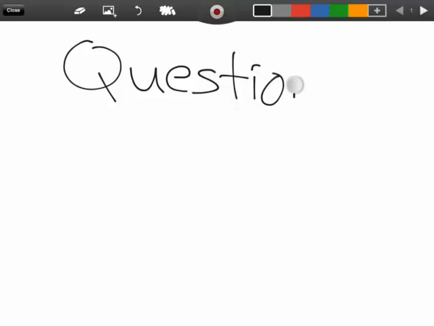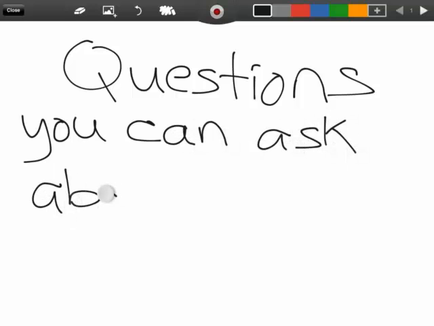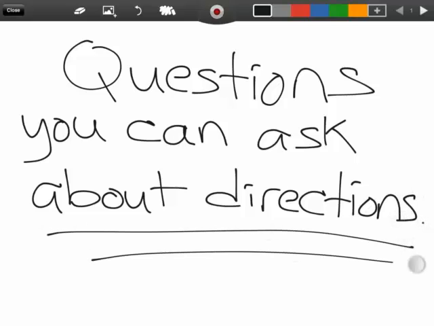Now, we're moving on to our next section, which is questions you can ask about directions. This is our next section. For example,